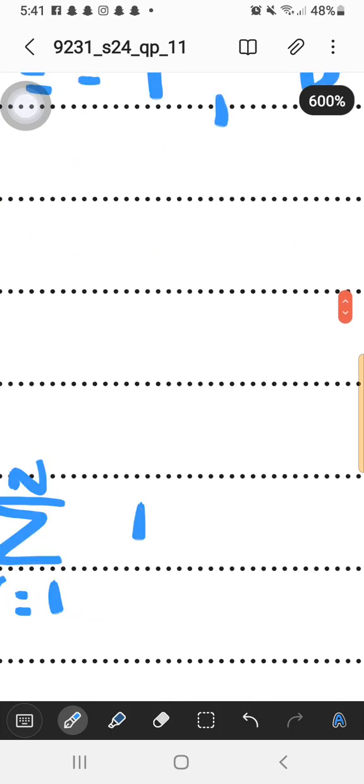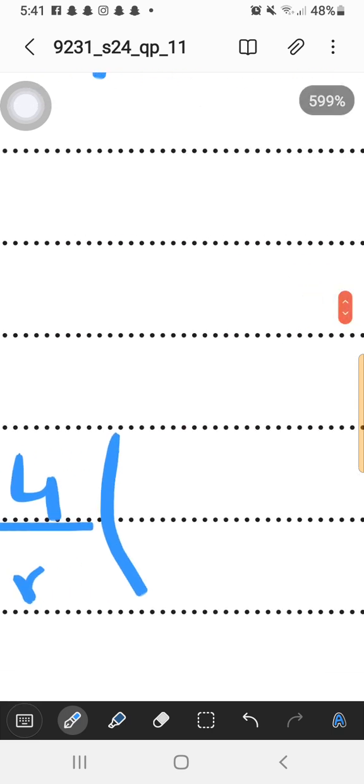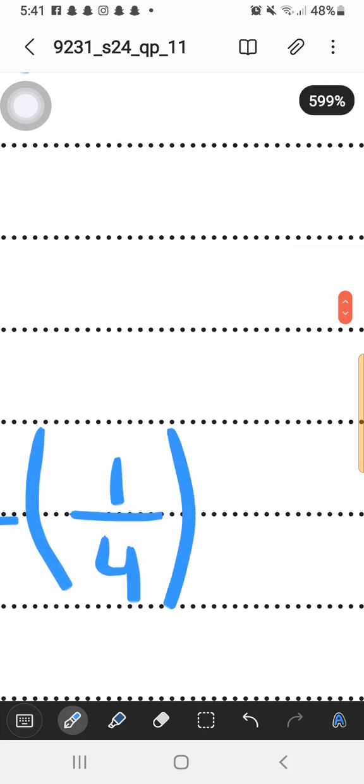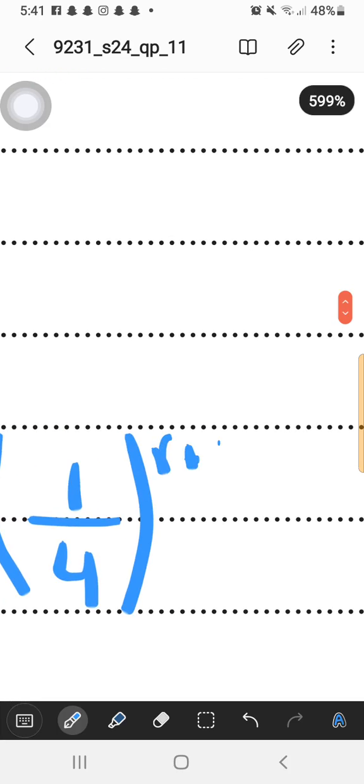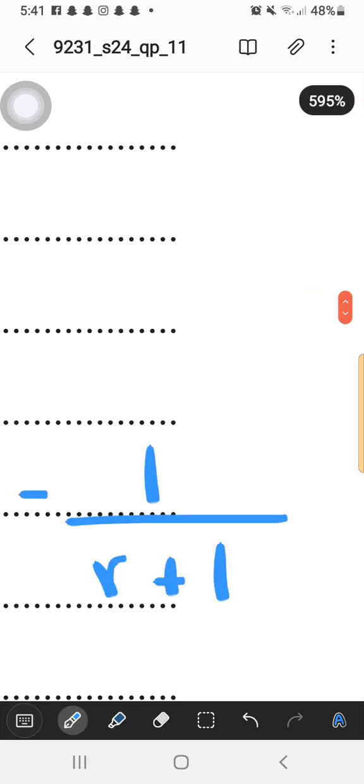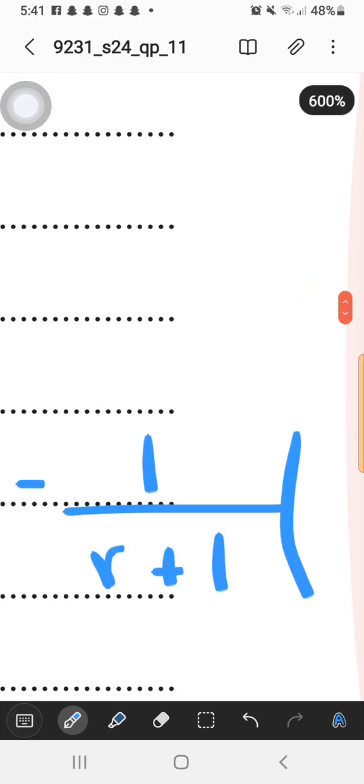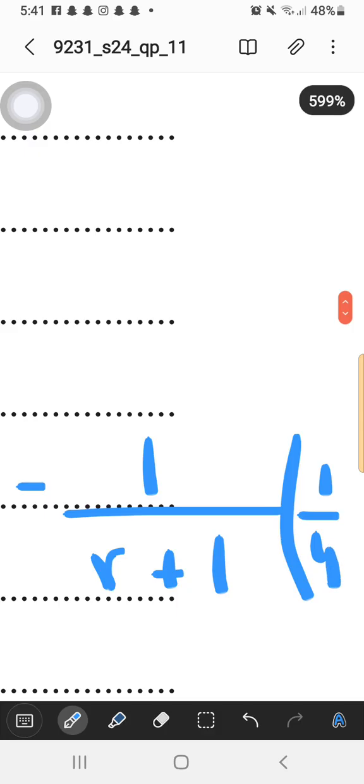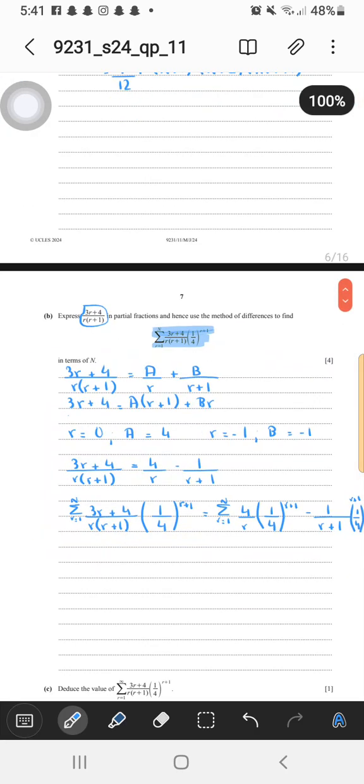So there is 4 upon r multiplied with 1 upon 4 with the power r plus 1, then minus 1 upon r plus 1 multiplied by 1 upon 4, power is r plus 1. Okay,